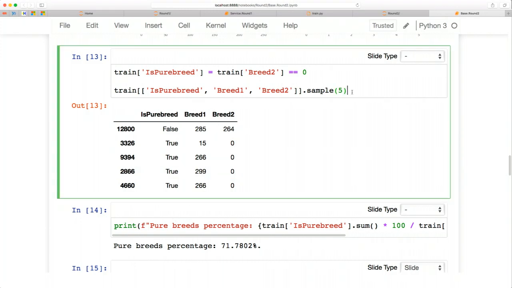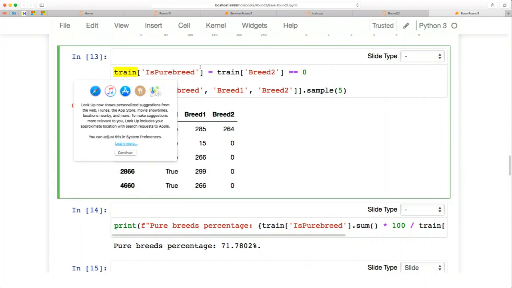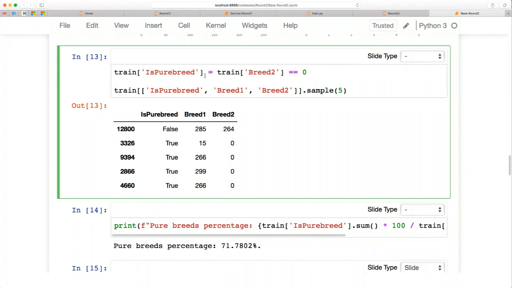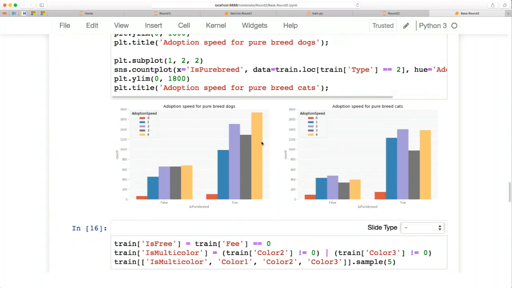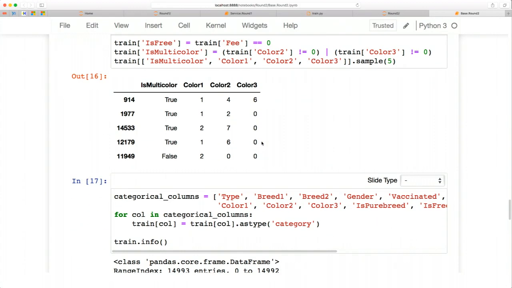You can add new columns. For example, this is how I create the is pure breed column, using a mathematical operation that just creates a new column. No need for SQL. You can create percentages, whatever. What I want to highlight here is that it's Python. If you know it, you can use it, and it will just work.